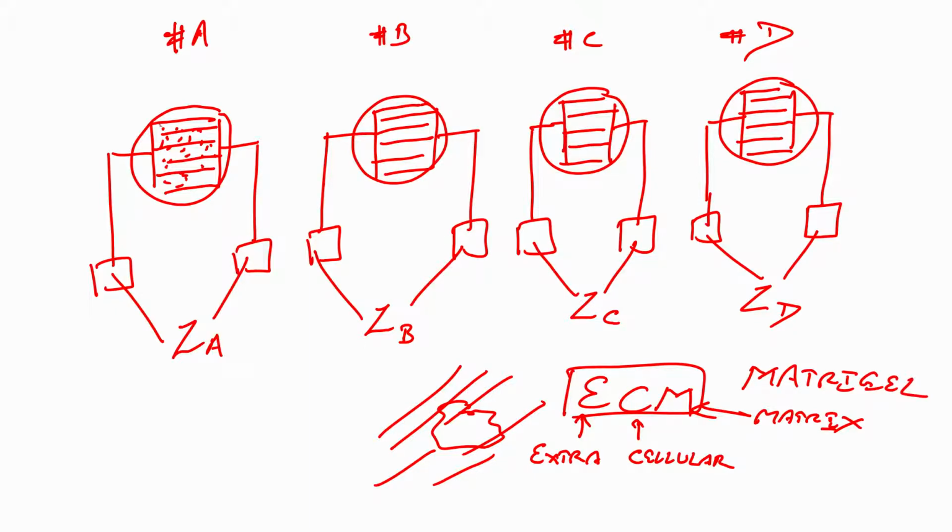So, we will load these cells plus matrigel. Okay. So, the question would be, what if this is a cancer, this is ECM, your question should be, what is the role of ECM? The role of ECM in the case of cancer is to provide nutrition to the cancerous cells. So, the nutrition is given to the cells through the extracellular matrix.